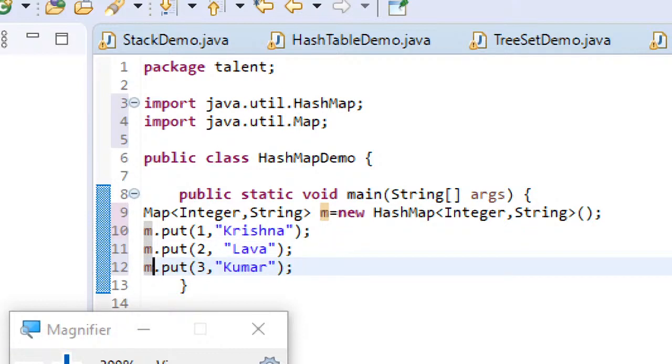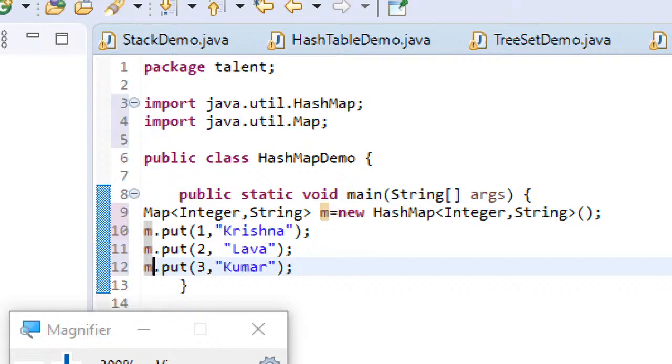So I have just created a hash map with integer and string as key and value. By default, whatever the first type you specify will be the type of the key, and the second type that you specify within the angular brackets is going to be the type of the value. So here my key type is Integer and value type is String. I am just inserting 3 records with the keys 1, 2, 3 and values Krishna, Lava and Kumar.